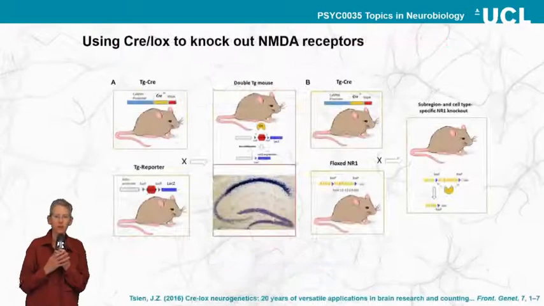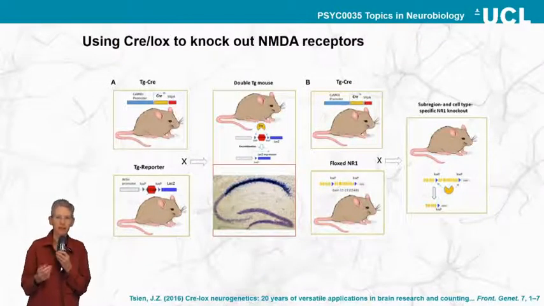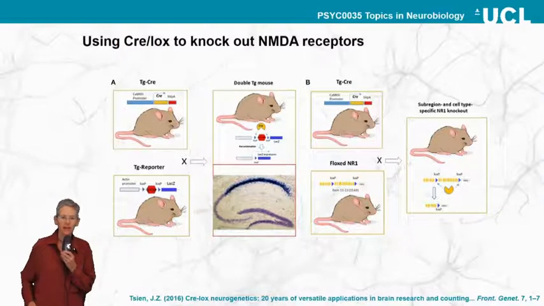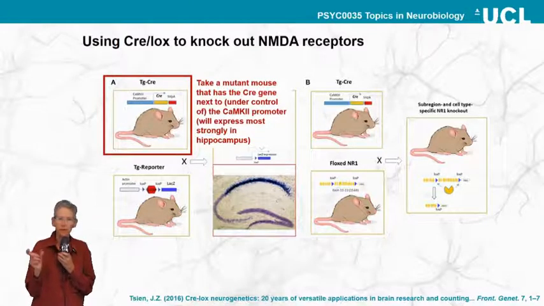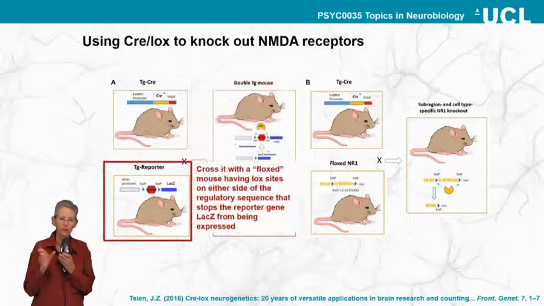So this technology was used in an important early experiment to knock out NMDA receptors in a restricted region of hippocampus. So what they did was to make a mutant mouse that has the Cre gene under the control of the CAMK2 promoter. So you remember the CAMK2 enzyme, that's the one that's involved in making LTP. So any cells that produce LTP, in other words hippocampal cells, will, if they are normally making CAMK2, also now make Cre. So these mice are then crossed with a floxed mouse, and this mouse has